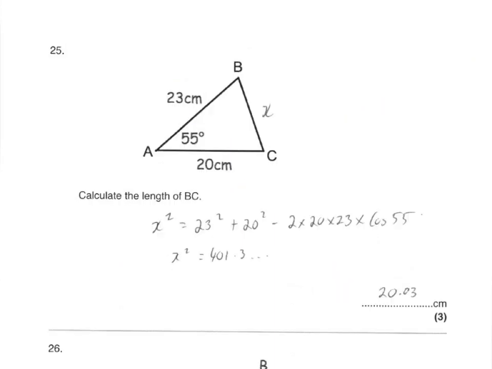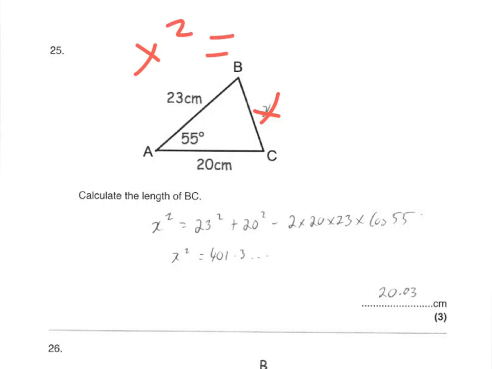Right, now this is the cosine rule. So what you do, it says calculate the length of BC. So we've marked it with an X. To work out that length, this is all on your formula sheet. You substitute in, it's the cosine rule, it'll be x squared equals,